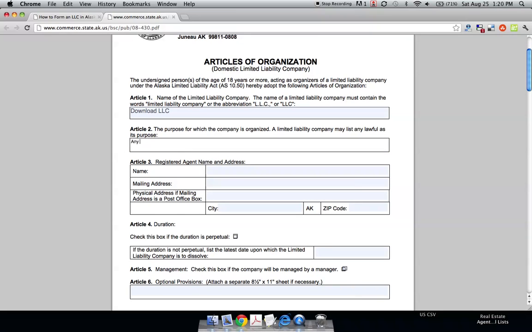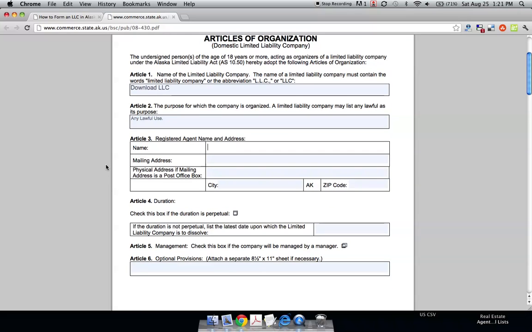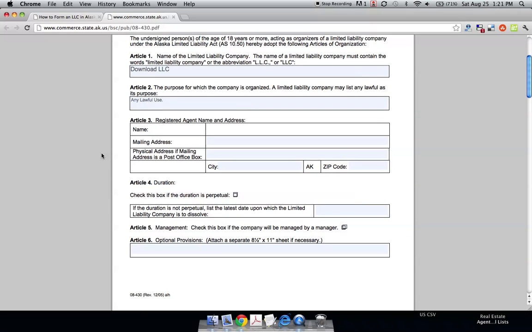Purpose, I always just write any lawful use. It's because personally it's none of their business. Registered name and address. Let's just do Johnny